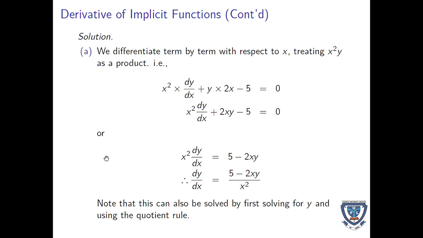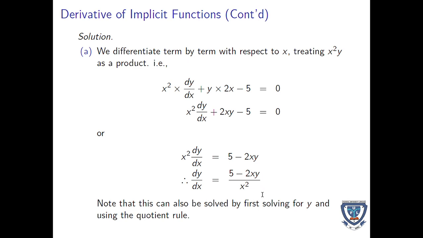That is, you keep x squared, differentiate y, dy/dx, plus you keep y and differentiate x squared, and you have 2x minus y equal to 0. And you now make your dy/dx the subject here, and you're going to have 5 minus 2xy all over x squared. Note that this can also be solved by first solving for y and using the quotient rule. So I hope you can actually differentiate when to apply the implicit function derivative and when to apply the product